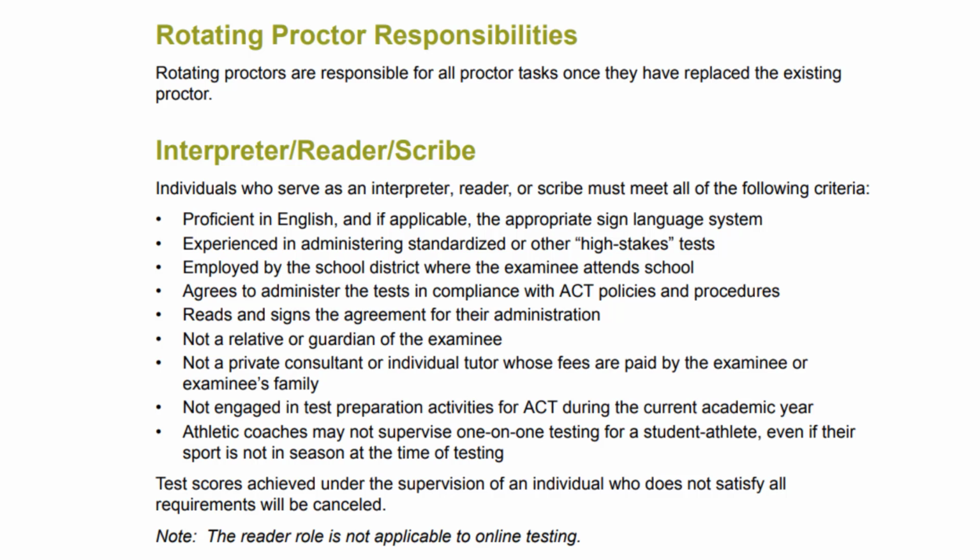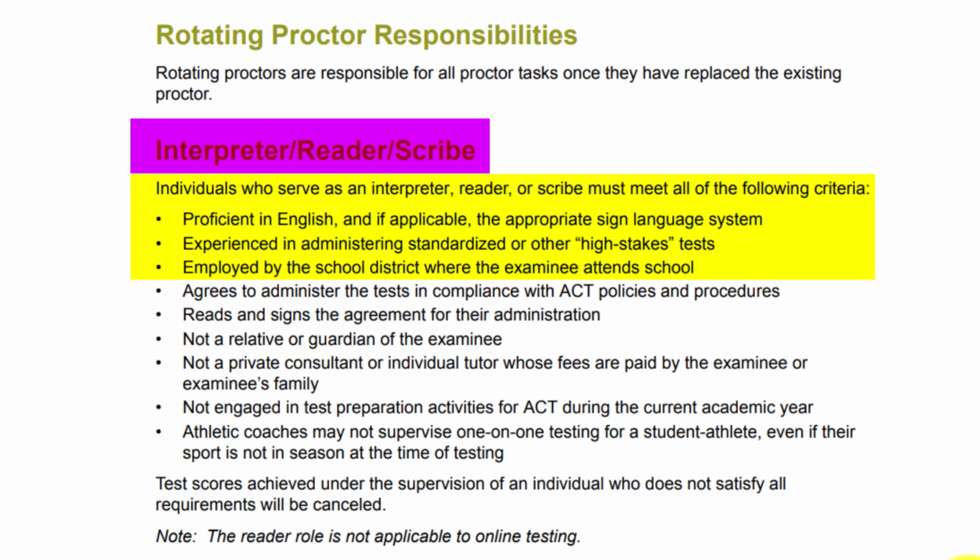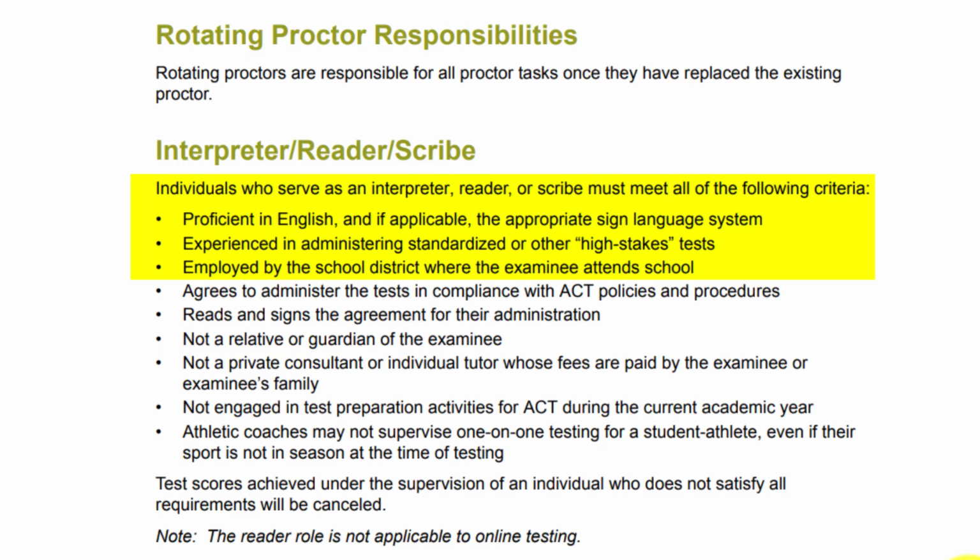Then we're going to look at page 23. So the interpreter, reader, scribe. If you have an interpreter, reader, or scribe, this is the information. Individuals who serve as an interpreter, reader, or scribe must meet all the following criteria: proficient in English, and if applicable, the appropriate sign language system; experience in administering standardized or other high-stakes tests; employed by the school district where the examinee attends school; agrees to administer the test in compliance with ACT policies and procedures; reads and signs the agreement for their administration;